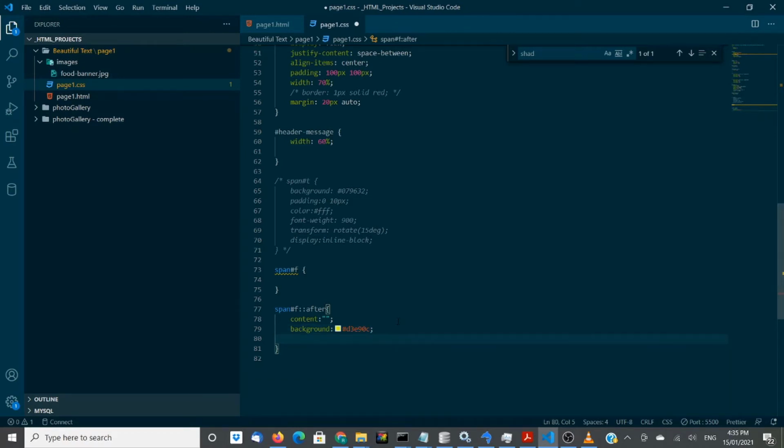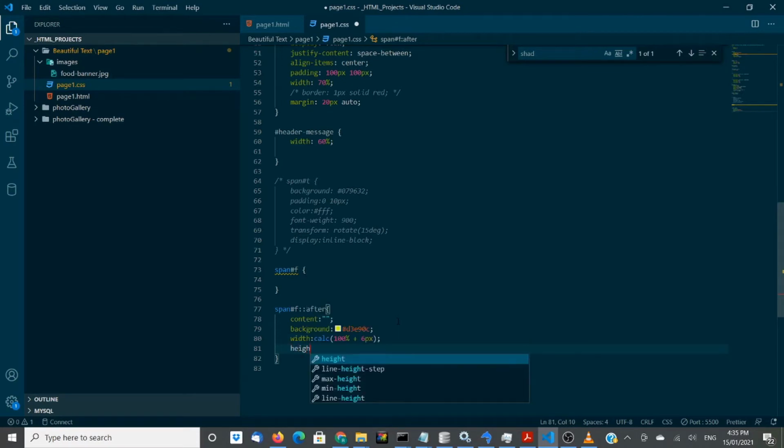The next thing is we are going to give it a width, and this width will be calculated. So we are going to do width will be 100% of that span plus 6 pixels. Sorry, 100% plus 6 pixels,